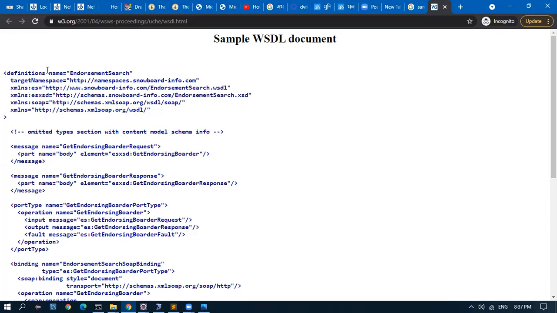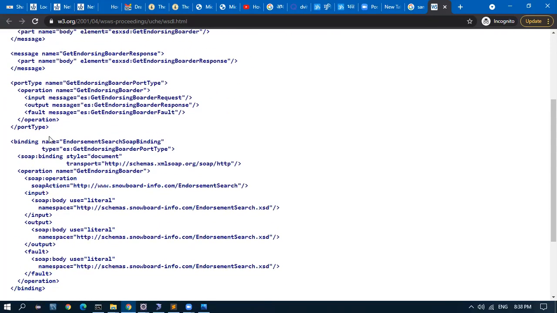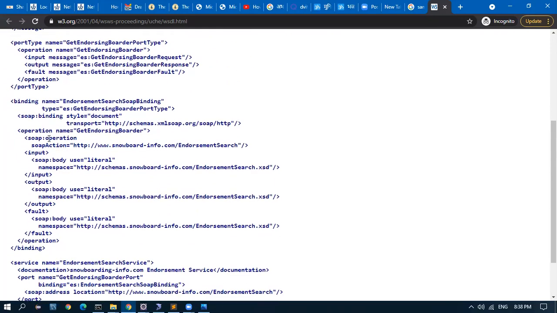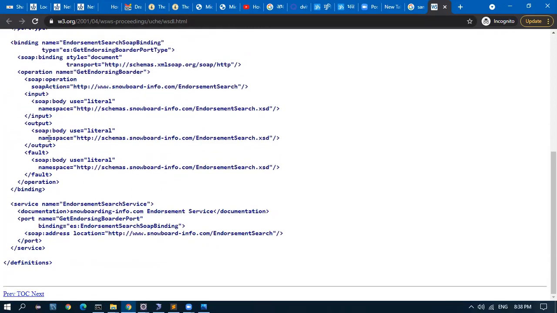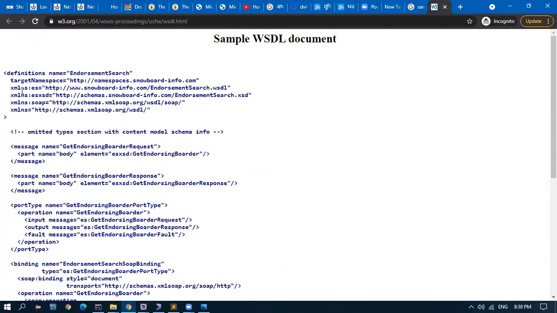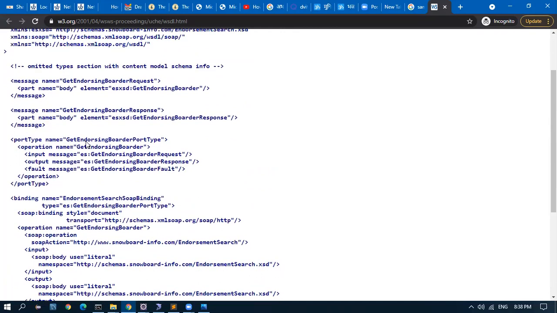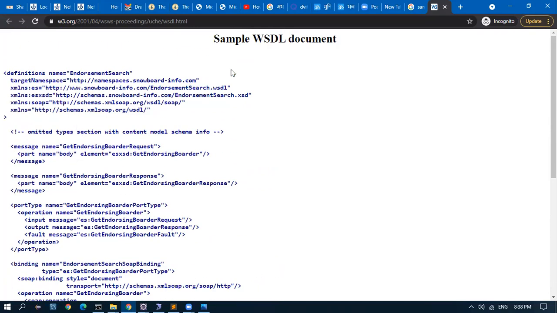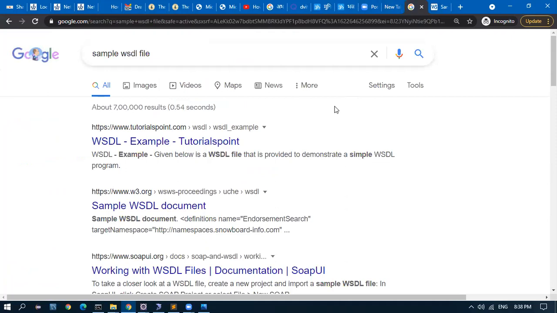This will have the complete definition of how the XML should be. You cannot give anything beyond this definition. Your XML tags should be restricted to whatever is given here. So that is what the WSDL means, and we have a DTD, which is data definition.